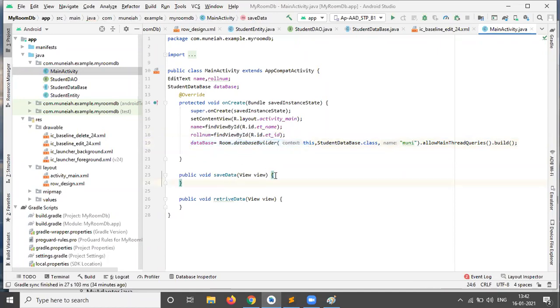Then come to our save data method. In this save data method, you just get the data from the edit text. Name.getText().toString().